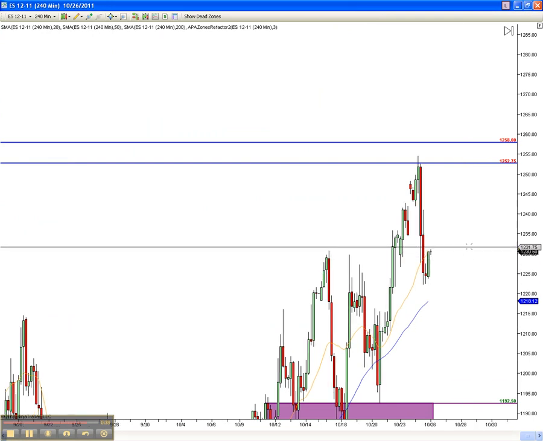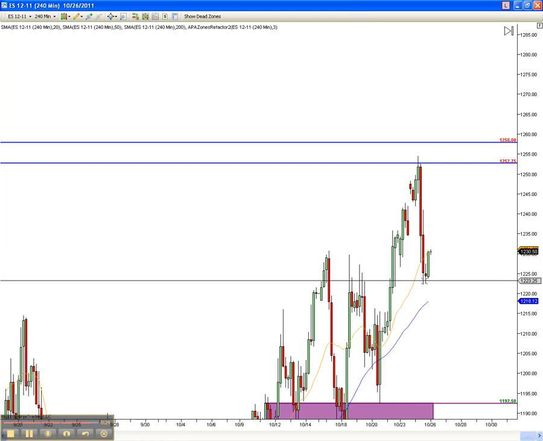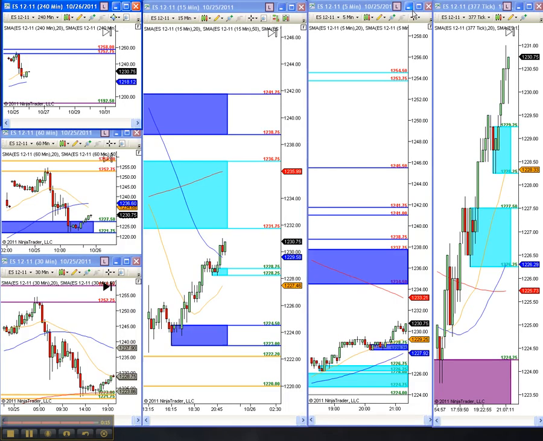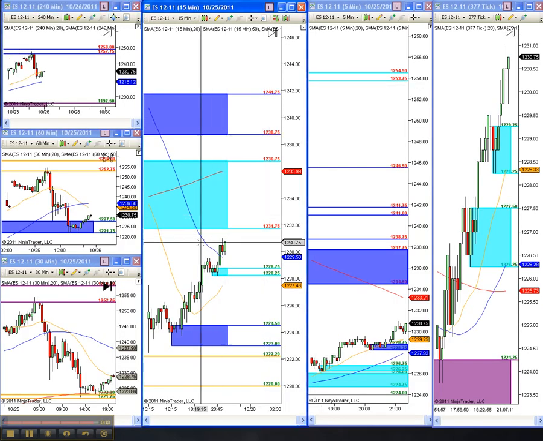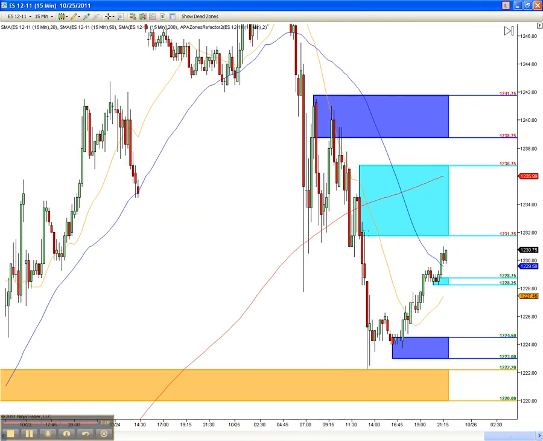So this is going to be a very pivotal area in the Globex session to see whether or not we go higher, and we had a true trend reversal from the combination of our 60, 30, and 15-minute charts, or whether it's going to continue on down right now. So that's pretty much what we're looking at. We do see a possible 15-minute zone, which this aqua color means that this is the first time this zone has been retested. Blue means it's been retested once, and if for some reason we don't like the way